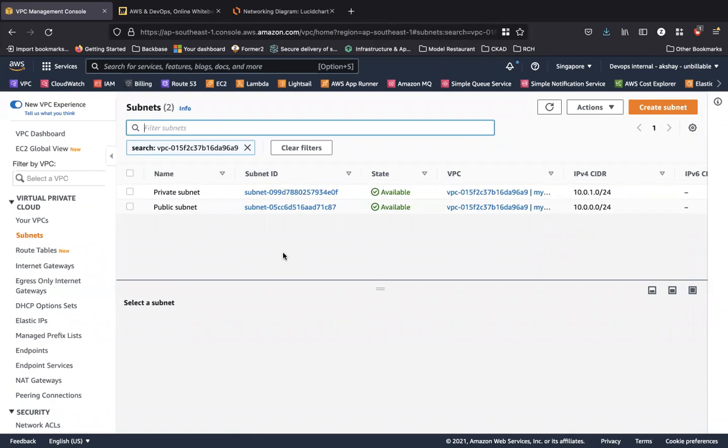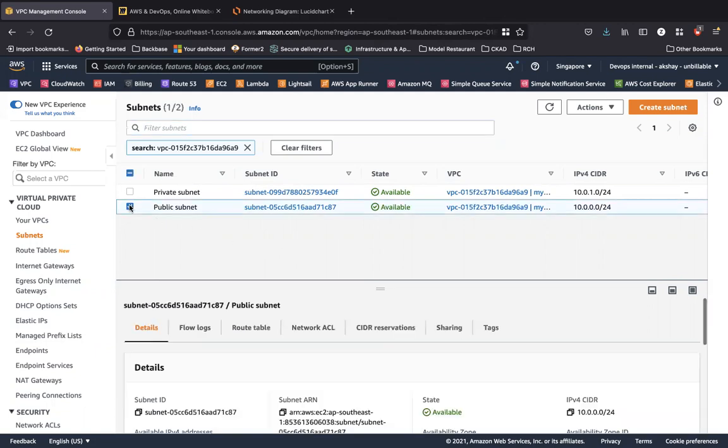There is one small modification that we are going to do over here. In the previous Networking 101 lecture, we took a look at the public subnet and all the resources that reside within the public subnet having a public IP and a private IP. I would like AWS to auto assign public IP addresses to all of my resources that I place into my public subnet. How do I do that?